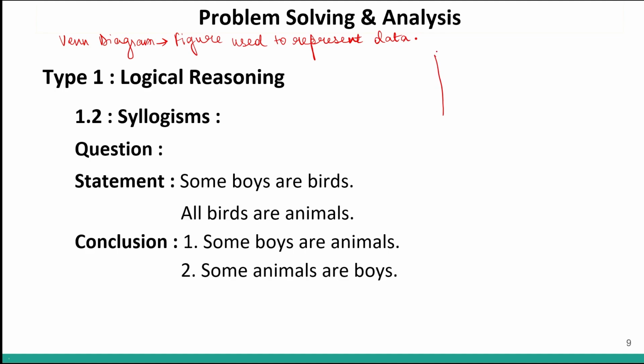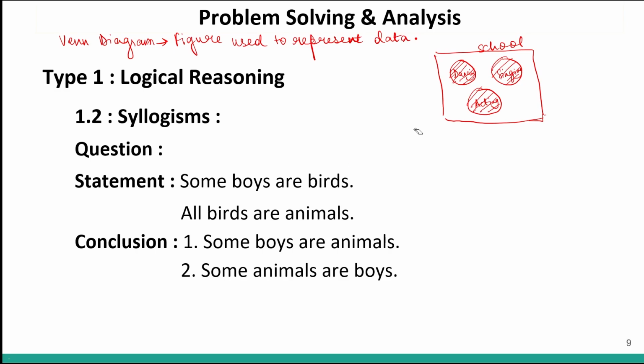For example, let's say this is my school, right? This square or this rectangle represents my school. Now, in this school, there will be some students who like dancing. There will be some students who like singing. There will be some students who like acting and so on, right? So out of the school, I can say this section likes dancing, this section likes singing, and this section likes acting, and so on and so forth. So this is what we mean by a Venn diagram. Venn diagrams are small picture representations that we use to represent data.